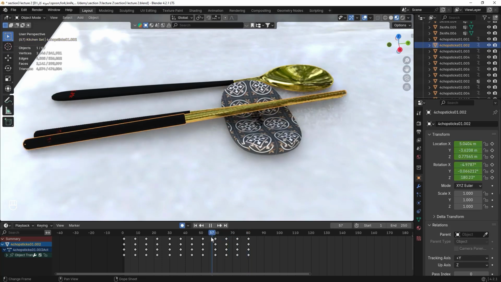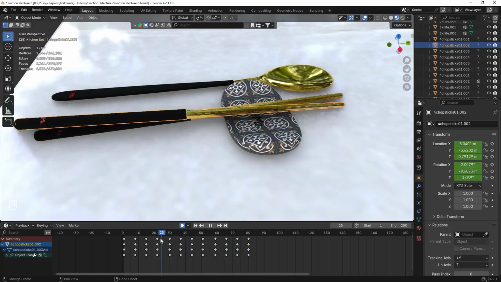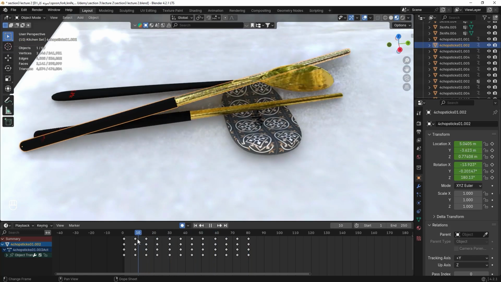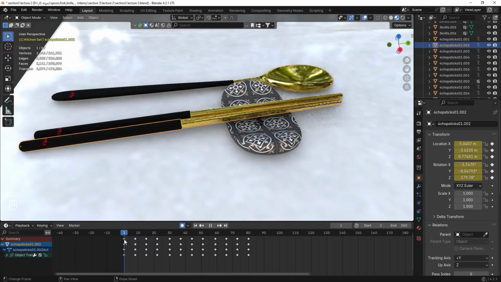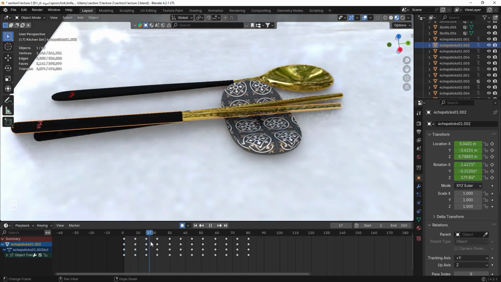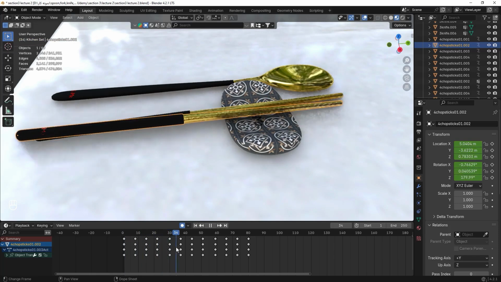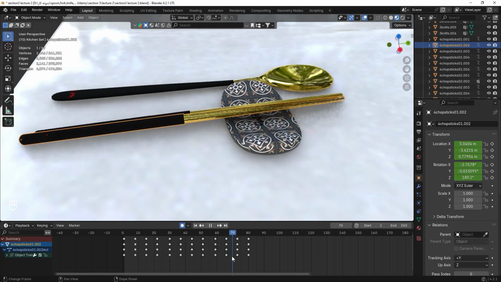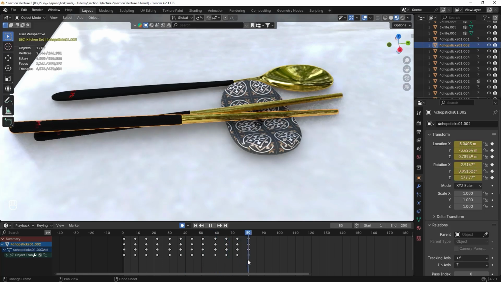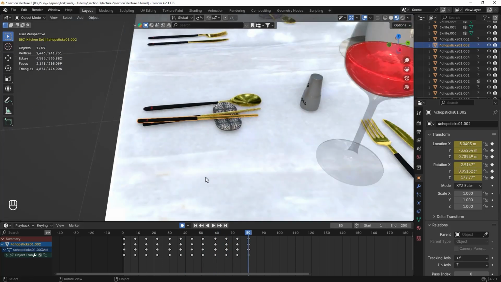As you can see, the animation work of this chopstick has been completed. And don't forget to move the playhead several times to the left and right in the timeline, and also check the animation in different directions in the 3D viewport until if there is a problem, solve